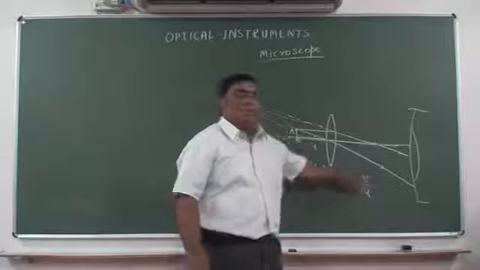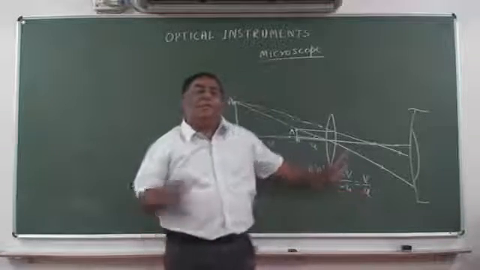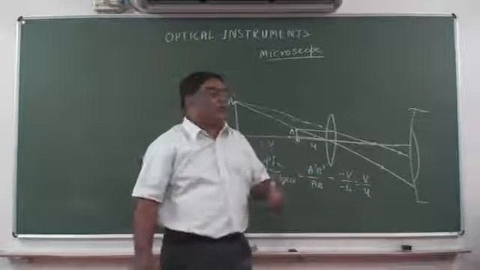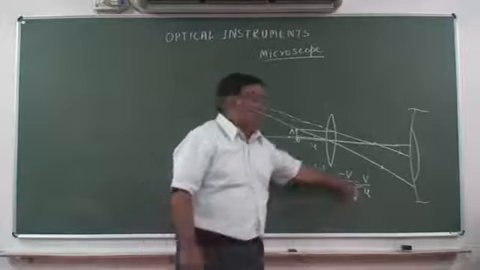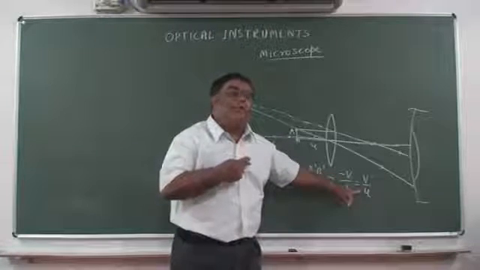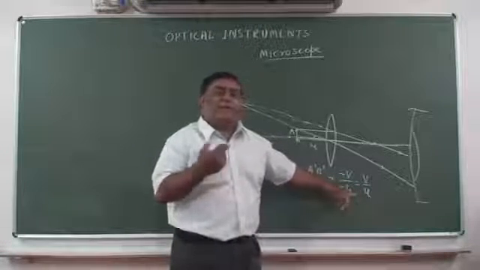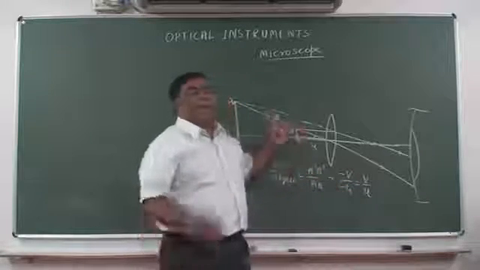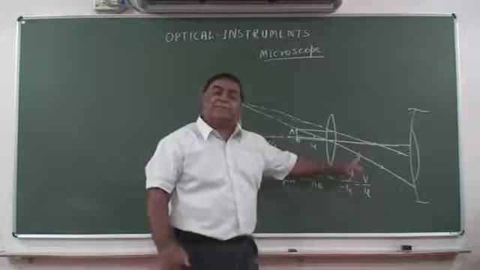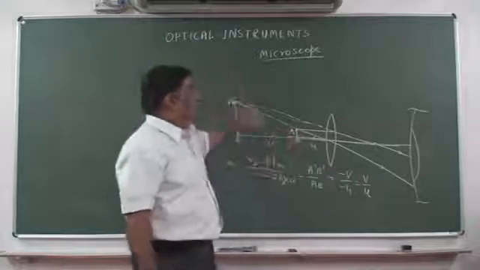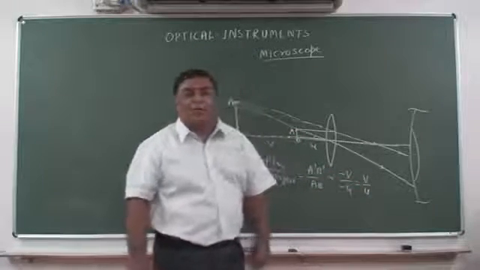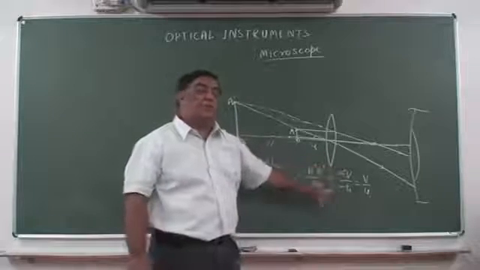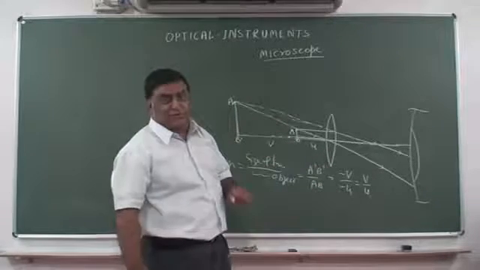So the magnification formula is V upon U, and this is positive. What does it show? It shows the image is erect and large. So it has a plus sign. Had it been having a minus sign, then it would have been that the image is inverted. But this is positive. This shows the image is erect. Anyway, what we remember, the magnification is V upon U, and this formula we will use to derive magnifications.